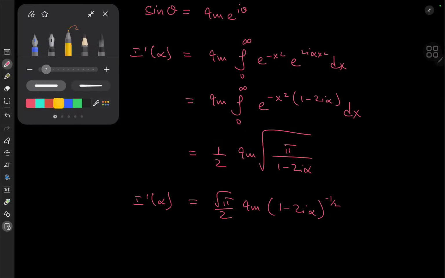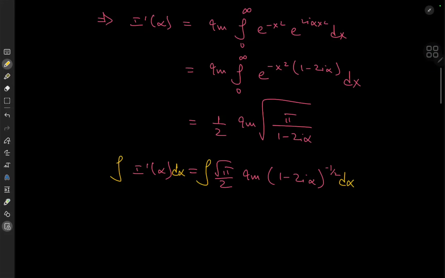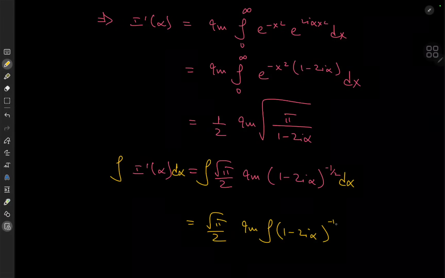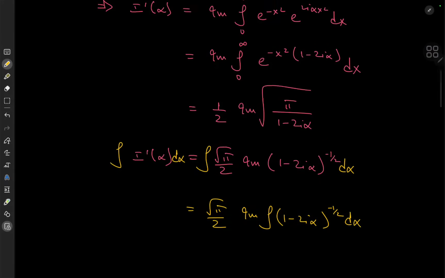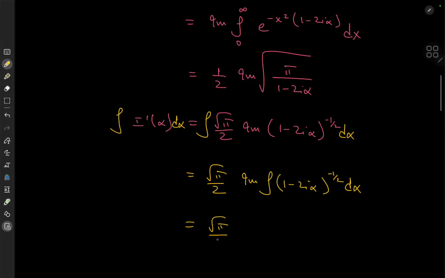And I'd now like to recover I of alpha by integrating this with respect to the alpha parameter. Okay, cool. So the result is, of course, root pi over 2 times the imaginary part of the integral of 1 minus 2i alpha to the negative 1/2 d alpha. And this is just a simple application of the power rule. So we have root pi over 2 times, let's see, imaginary part of 1 minus 2i alpha to the 1/2